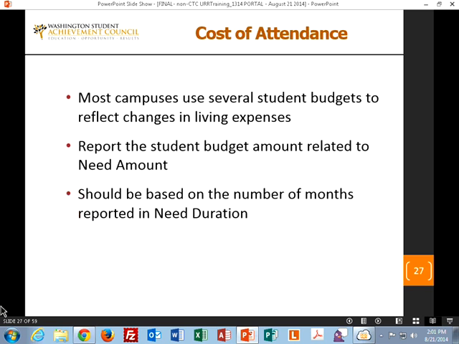Cost of attendance, almost everybody will have a variety of budgets that reflect the student's living expenses, whether or not they're at home with parents or in an apartment or whatever the situation might be. Report the student budget amount that's related to the need, and that should also reflect the need duration, the number of months.